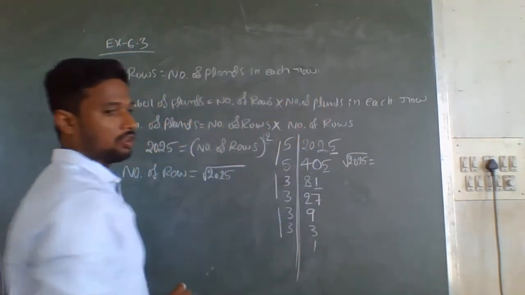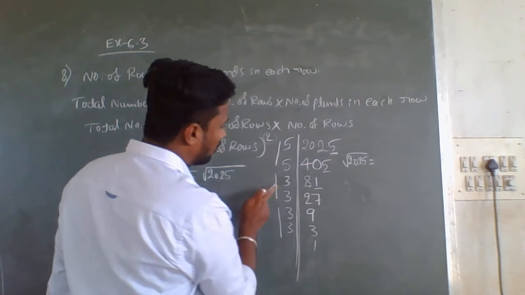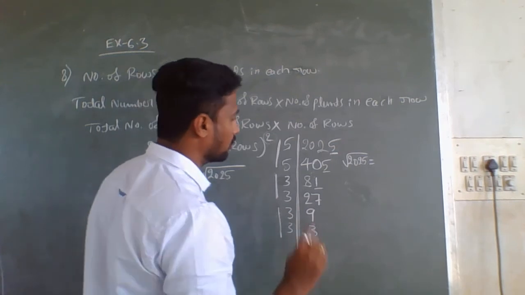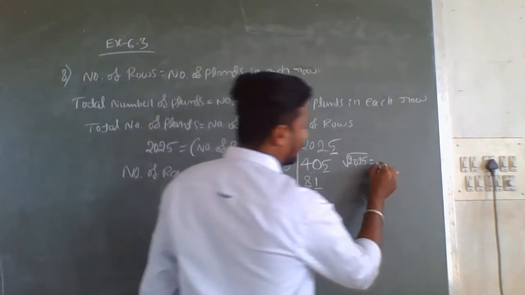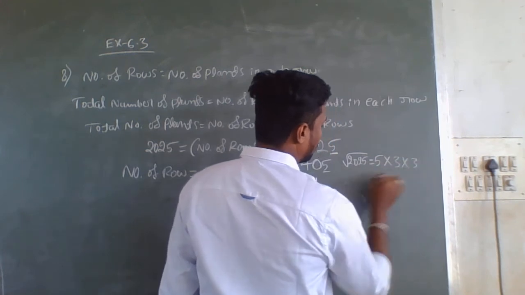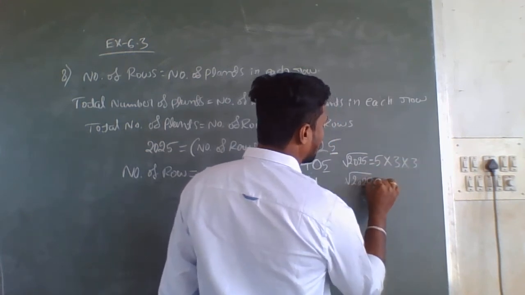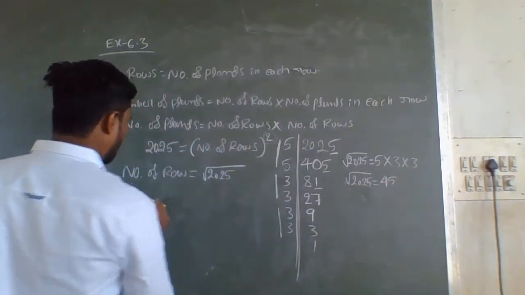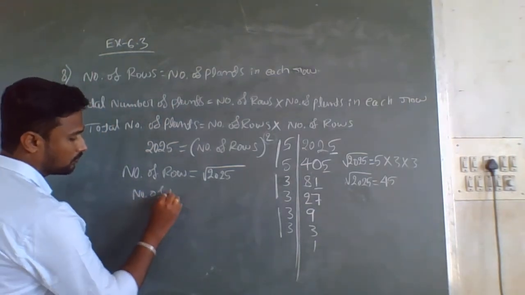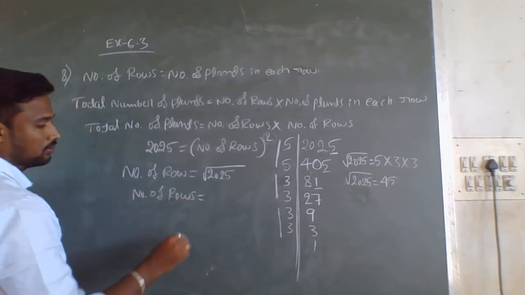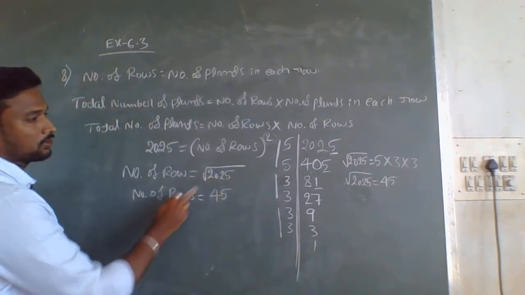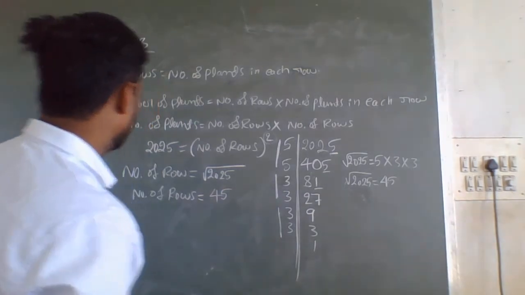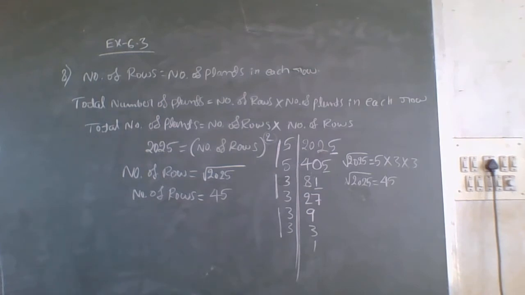To calculate the square root of any value, I should consider only one value in each group of two numbers, which means 5 into 3 into 3. So 5 into 3 into 3 means the square root of 2025 equals 5 threes are 15, 15 threes are 45. So the number of rows equals 45. The square root of 2025 is 45. So the answer is there are 45 rows used to plant